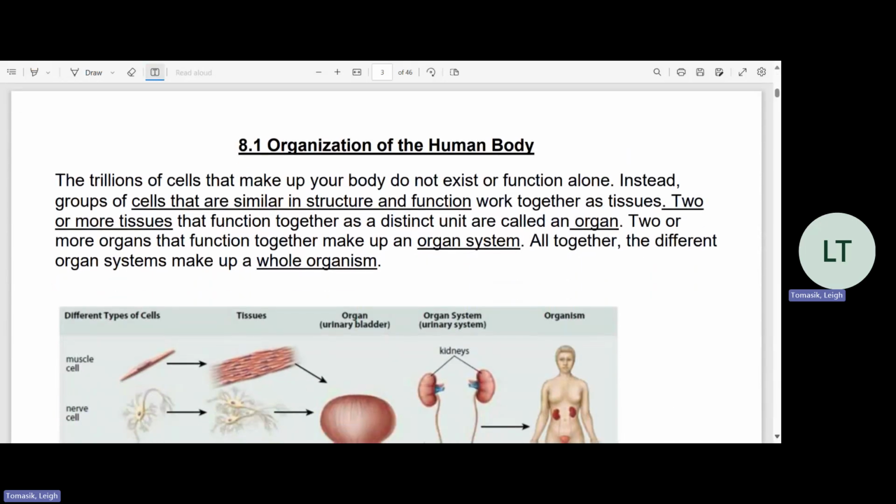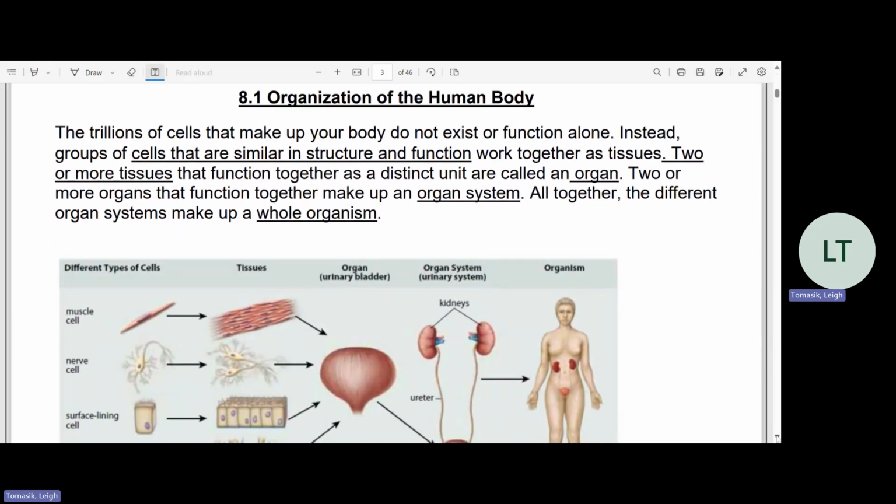Today's lesson is going to be about the organization of the human body, right? How is the body organized? So, your body is made up of trillions of cells, and they don't function alone. They function together, they work together. So, instead,